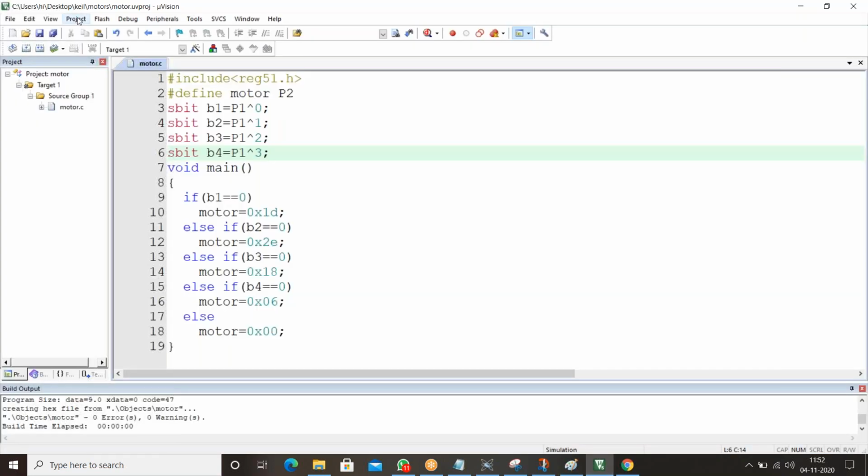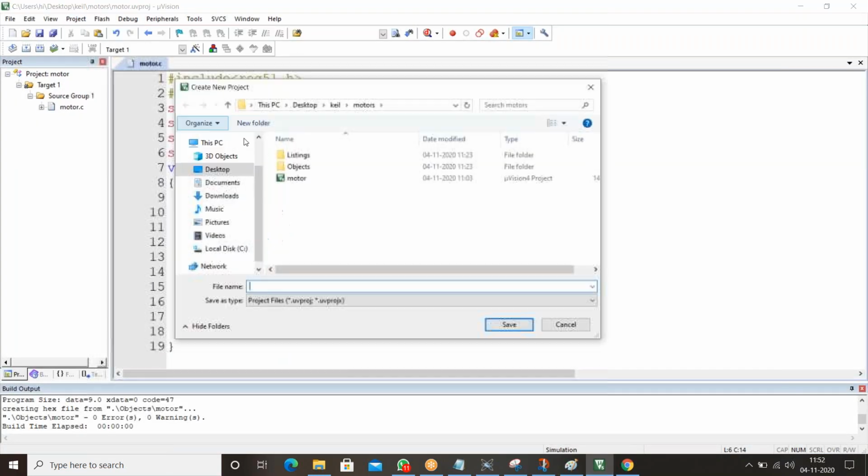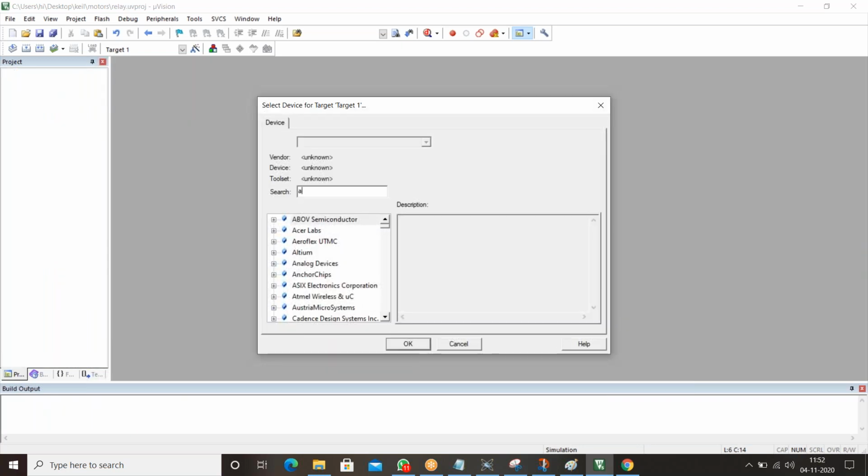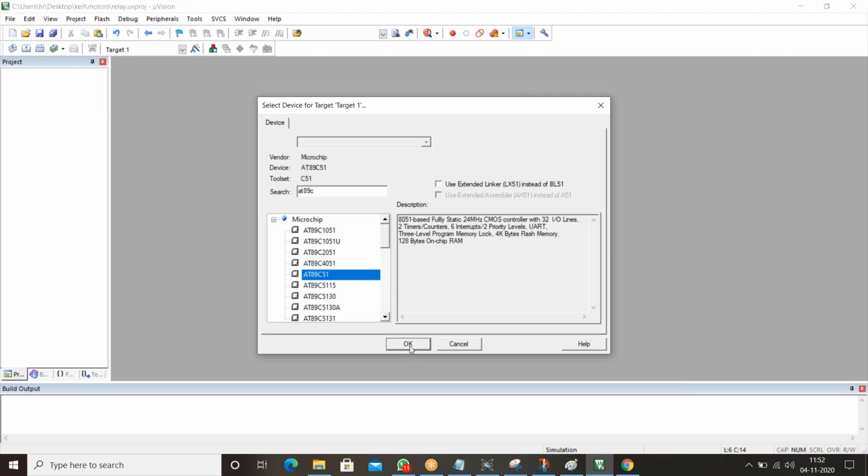Open Keil, go to project, new microVision project, and let me save it in motors only. In motors, I want to save it as relay. The microcontroller is 8089C51. Guys, if you have any doubts, you can ask me. No need to confuse.